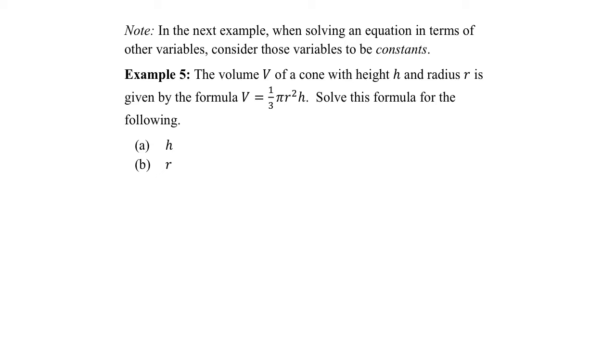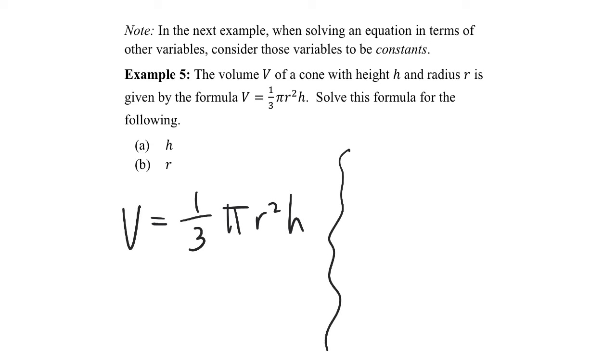Solve it for h. So here's what I'm going to do. I'm going to do the solution on the left, but as I do it, I want you to be thinking, what would you do if everything were numbers? This is part A. I'll do it in red on the other side. Imagine instead of V, I had a number, 20. Pi is a number, 1/3 is a number, and instead of r, let's say I had 5. Okay, so this would be the equation if I think of everything as numbers, except for what I'm looking for,